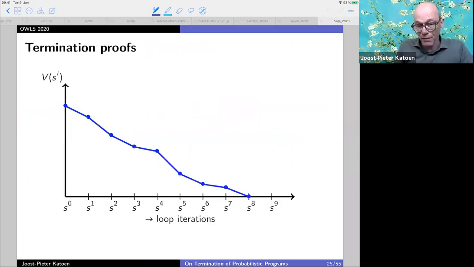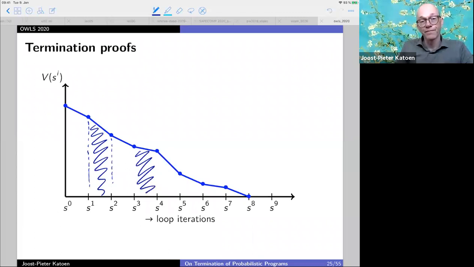So the way to depict this, and I'm going to use these pictures in the future for explanation later, is the following. On the x-axis I have the loop iterations, and on the y-axis I have the value of the variant function. So for instance, this means, let's say, the starting state at the second iteration, and this is the end state of the second iteration. So this is iteration 2, and this is, for instance, iteration 4. And what we see is that this value, if I compare it to this value, goes down, and this is at least epsilon. And this is guaranteed to happen in every step, and that means